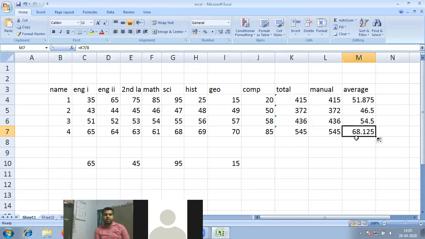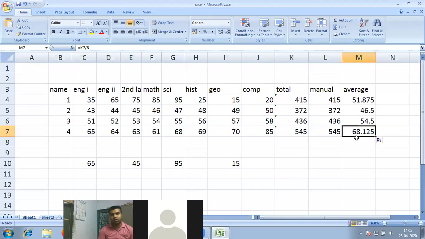So these are the different ways of writing the formula that you have to understand. Firstly, you can use mathematical options, and secondly you can write a manual formula using the cell address. These are the two ways.